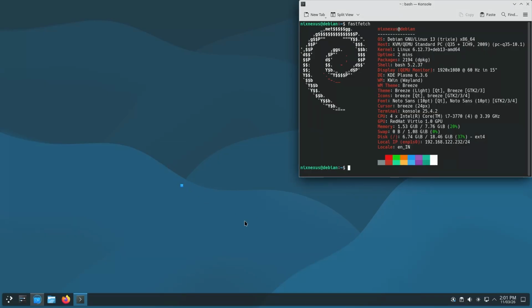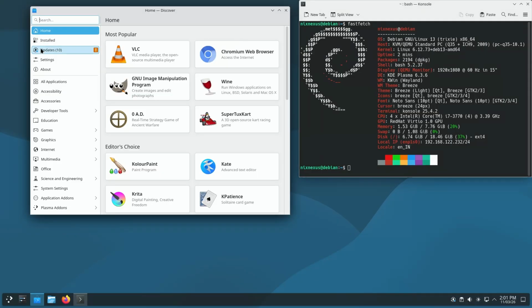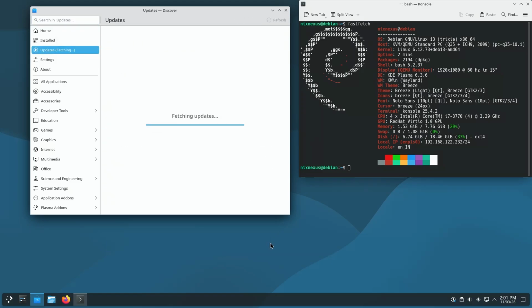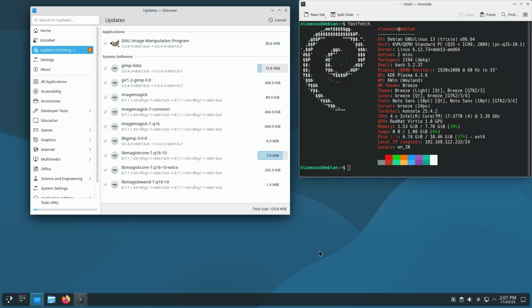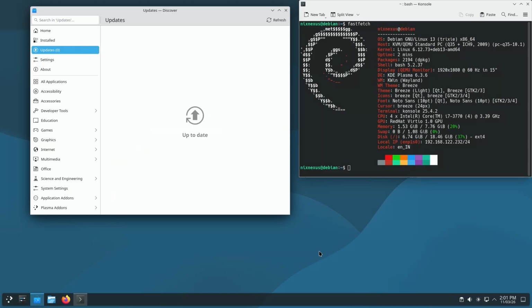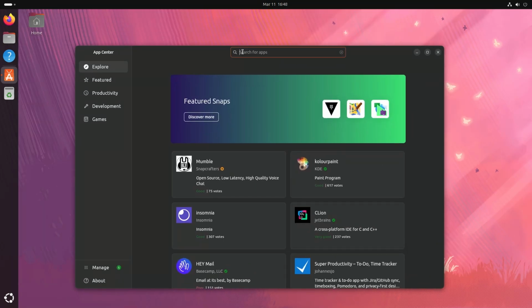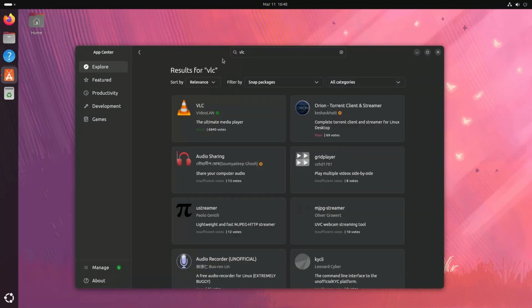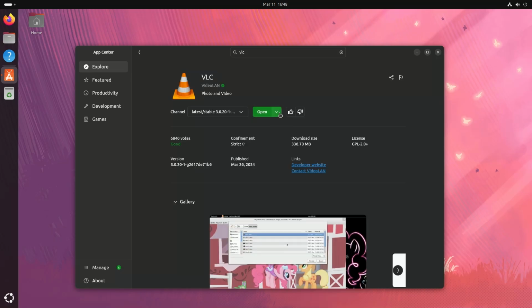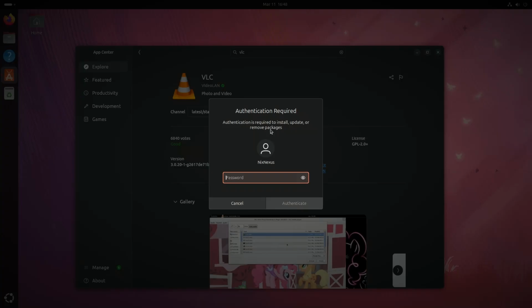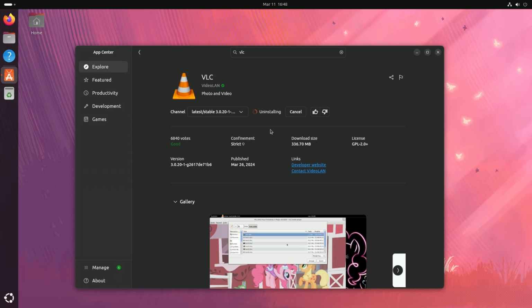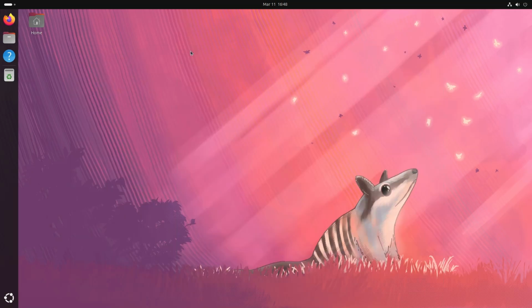When there is a new update available for these installed apps, they will appear in the Updates or Manage section of the software manager. Just click the Update All button and it will update the software along with your whole system. To uninstall any installed app, again open the Software Center and just like before, search the name of the application. Then select it, but this time click the Uninstall or the Remove button. Then enter your password and within seconds, the app will vanish from your system.